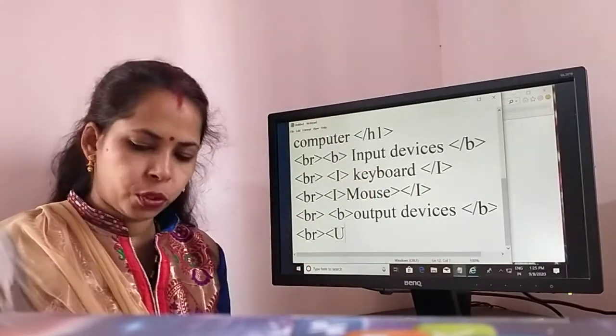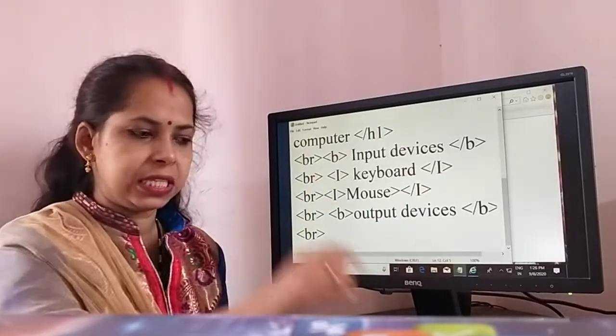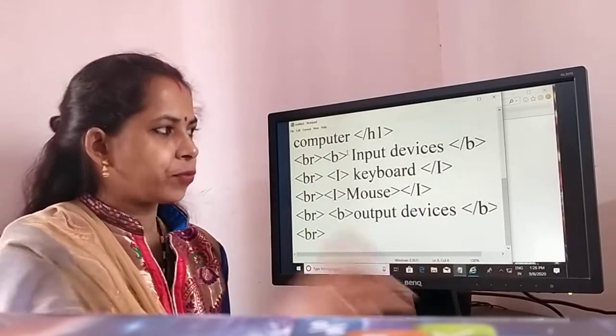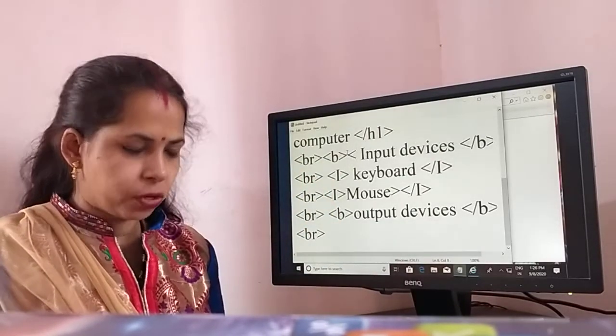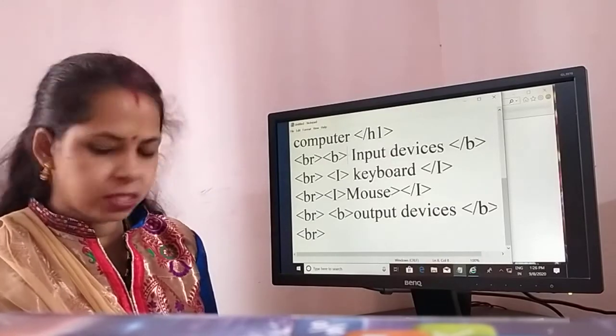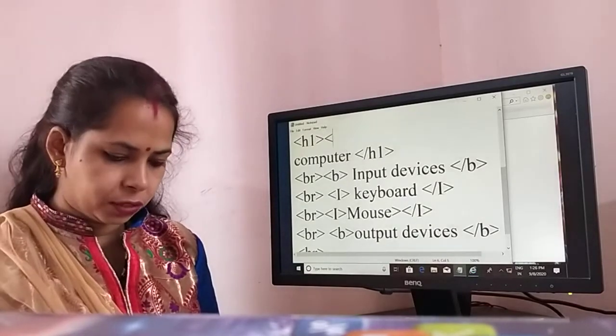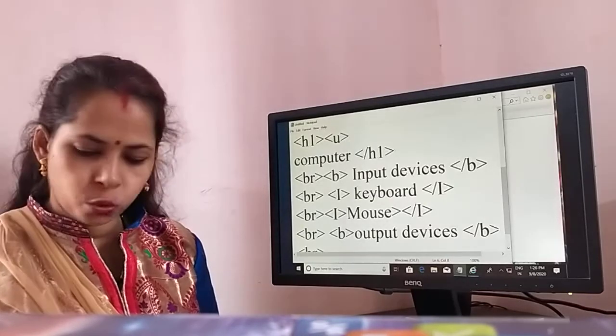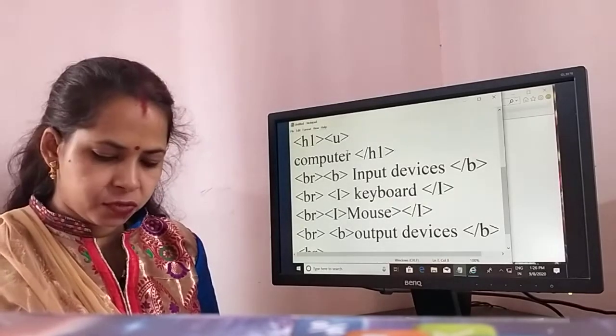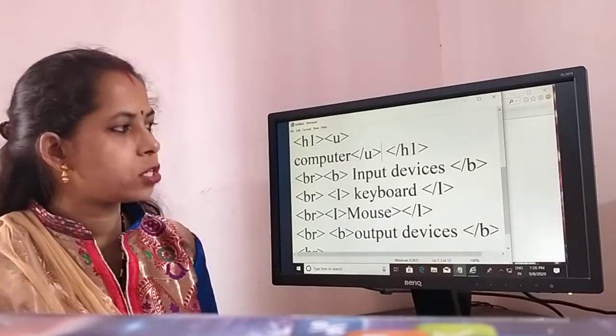We have not put it here, we are putting it here also. Here also we have to write U. Otherwise we can put it in our heading H1. We are putting U here, U is underline. We have to close that word here because this is also a container.